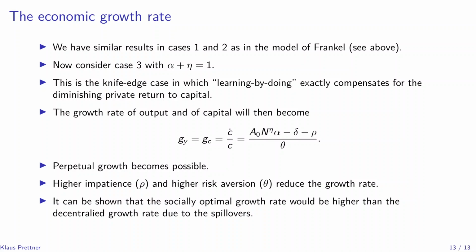And in addition, you just don't simply assume away the diminishing marginal product with respect to physical capital accumulation. Instead, you assume that there is technological progress driven by learning by doing spillover effects. So the model is, in a certain sense, more credible, but it still